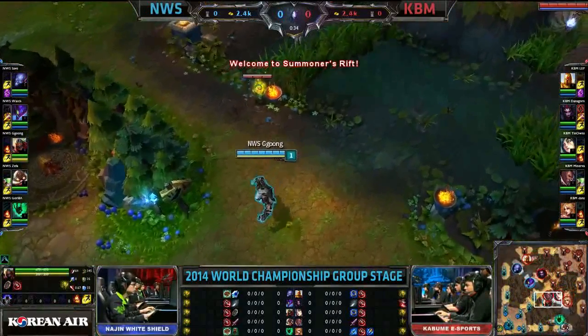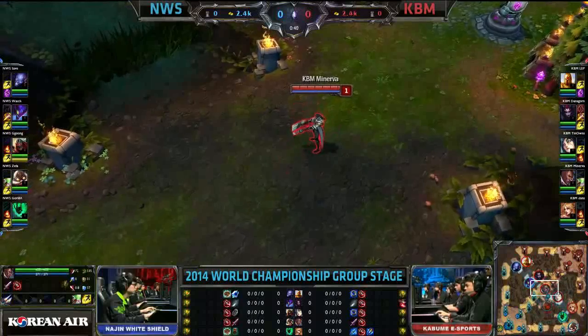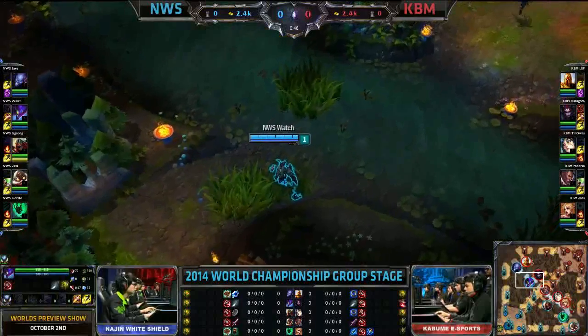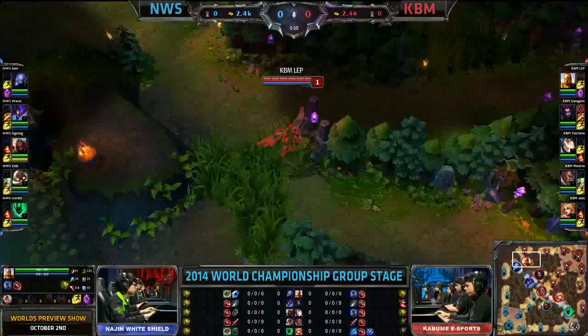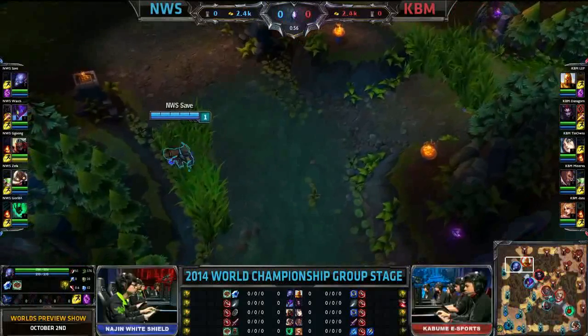And the thing I really like about the comp here from Kabum is this is actually kind of a Najin Shield comp here. They've got 5 ranged champions. One of my favorite comps from Najin White Shield was their 5 ranged composition where they dealt with hard engage by kiting backwards and single target switching, calling target switches very, very quickly. So they're playing sort of the same style of game here, and it's going to come down